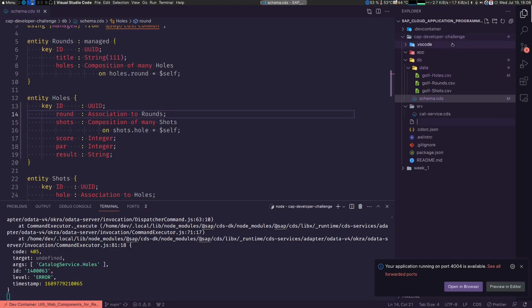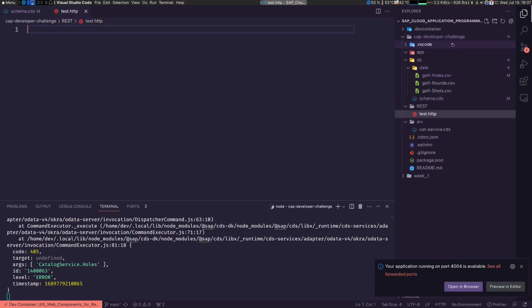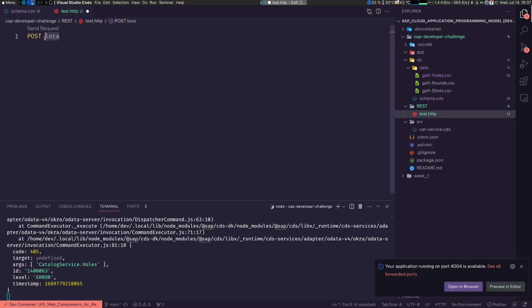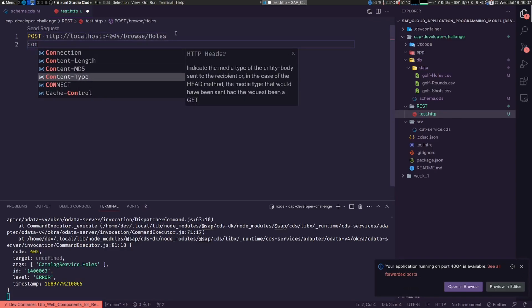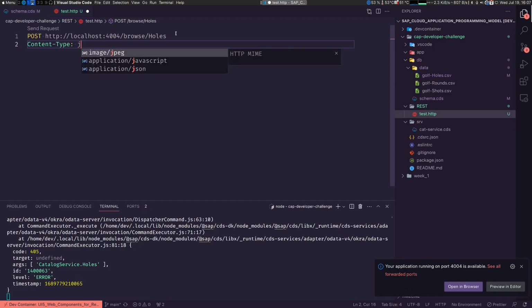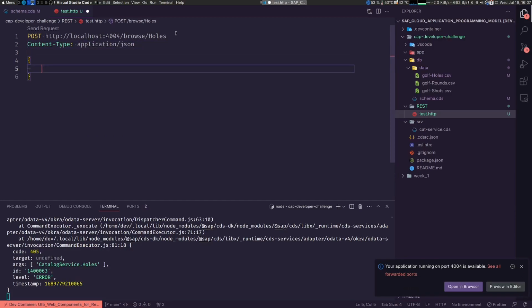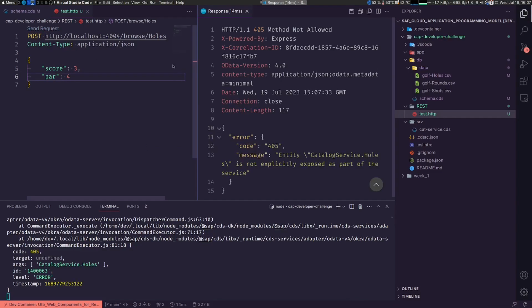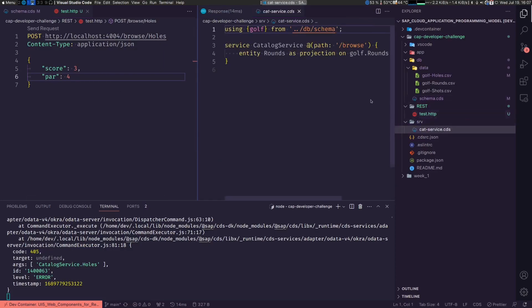So I'm going to create a folder called rest with the file test.http. In here I'm going to make a post to localhost browse holes, and content type is going to be JSON, and we're going to send the score and par, score 3 and par 4. Okay, and if we send, we see this message that it is not exposed, and that's because in the service,